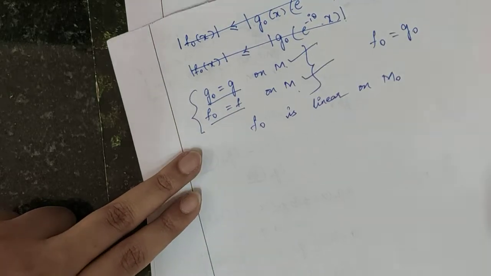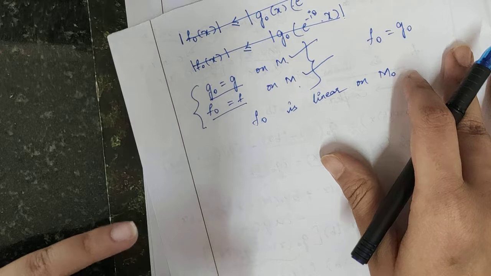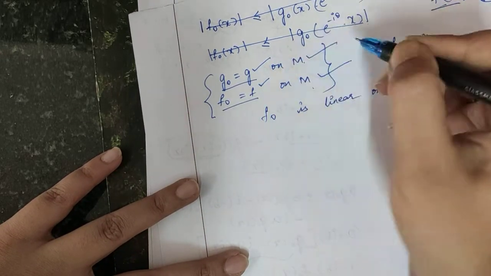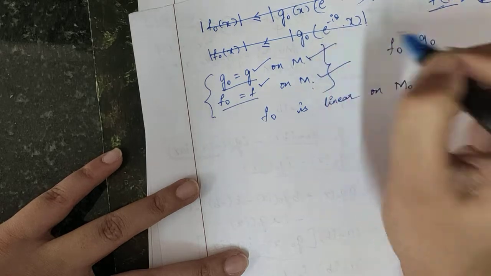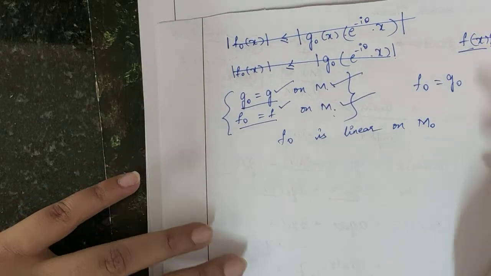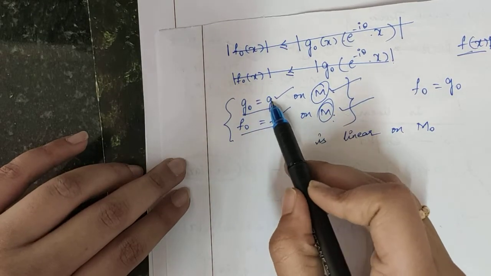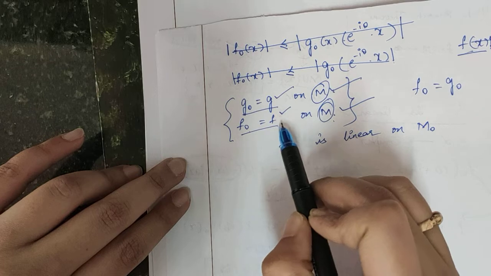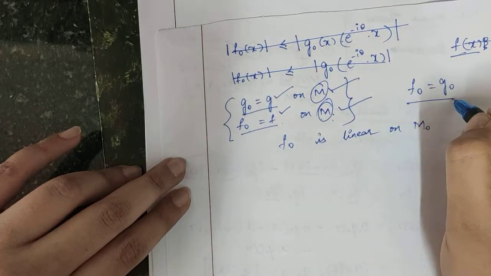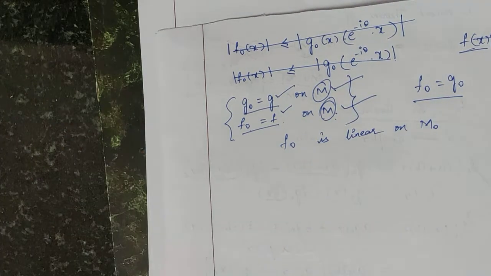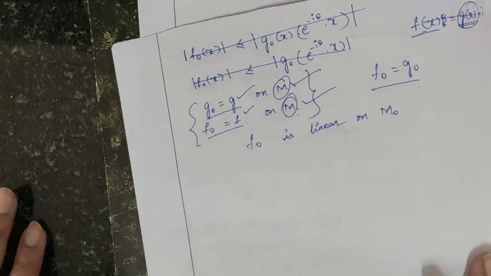Okay. Now since f naught is linear on m naught, and from the statement of the given lemma we can write g naught is equal to g and f naught is equal to f on space m, not on m naught. I am not writing on m naught, this is on m. Okay, so since g naught is equal to g on m and f naught is equal to f on m, from these two I can say that f naught will be equal to g naught. Now let's continue with this